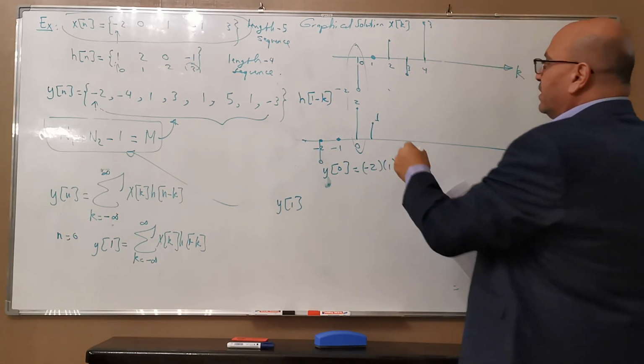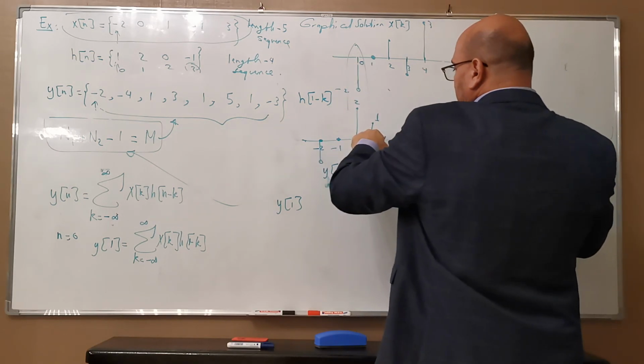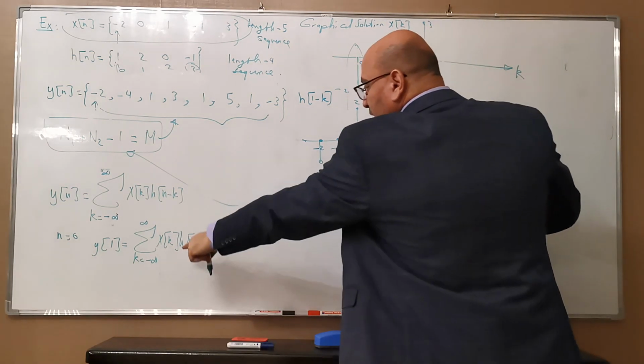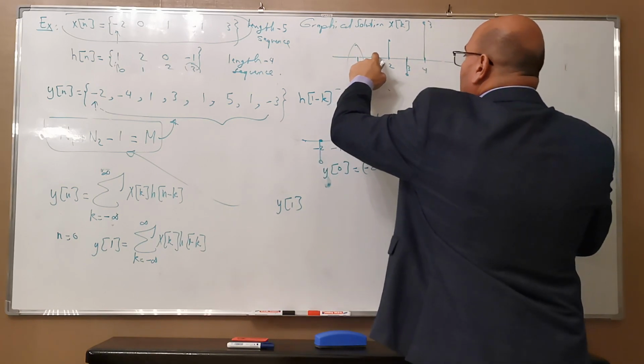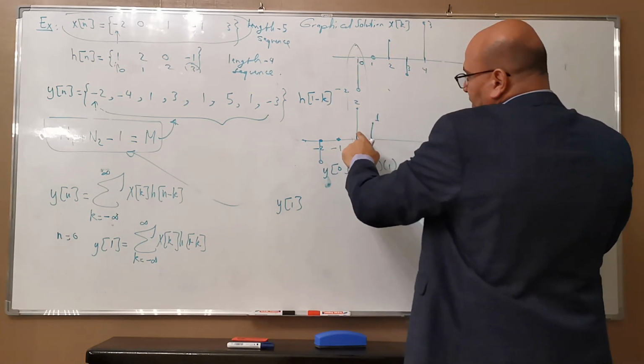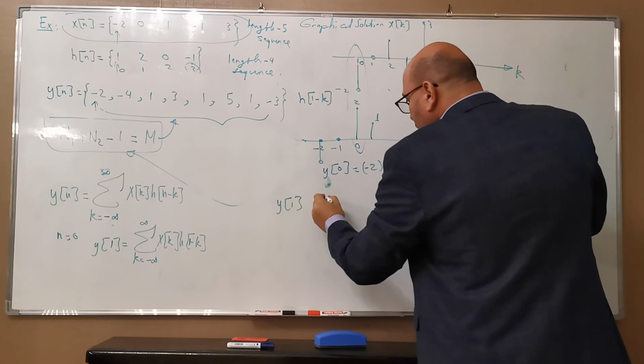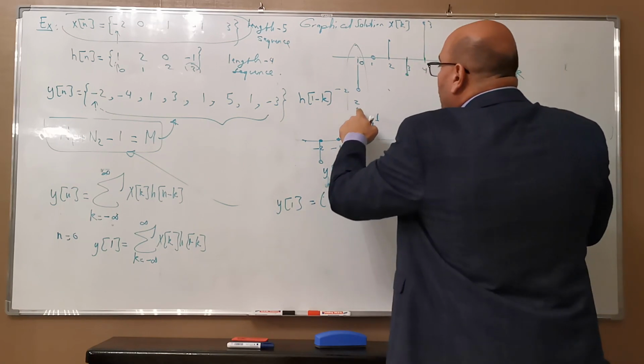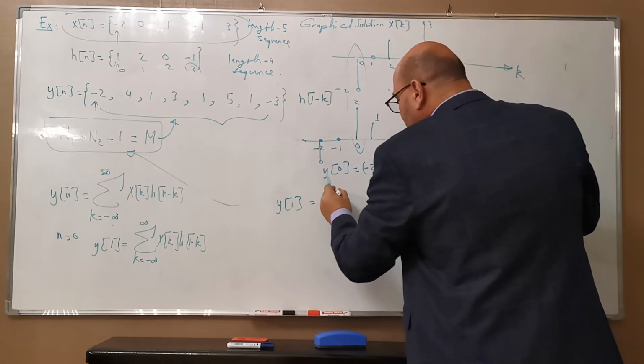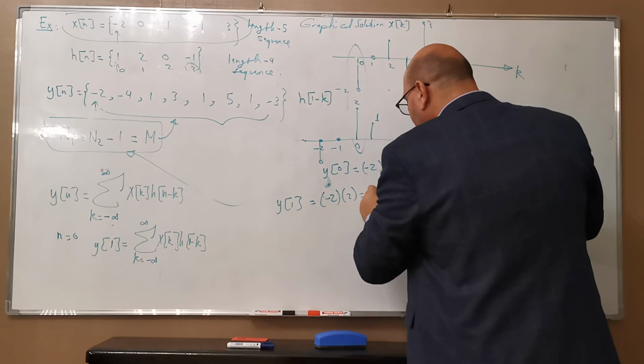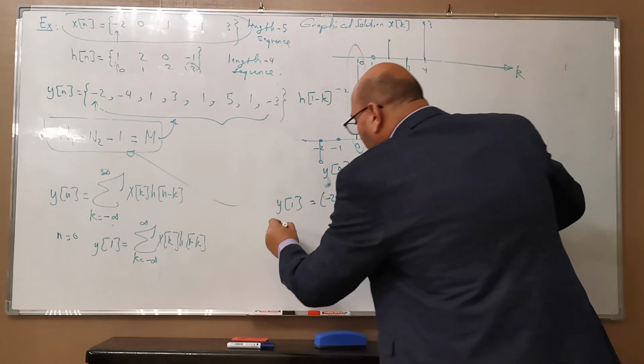H of 1 minus k. So this one will be multiplied by this one, and we'll do the summation. This one multiplied by this one multiplied by this one, and you end up with y of n is equal to 2 times -2, or -2 times 2, which is equal to -4. Okay? Y of 2,